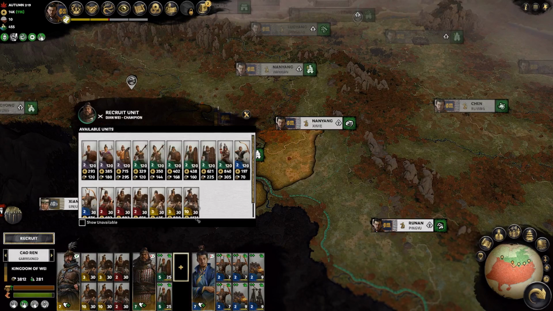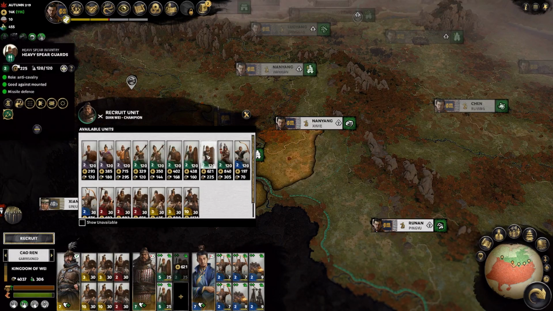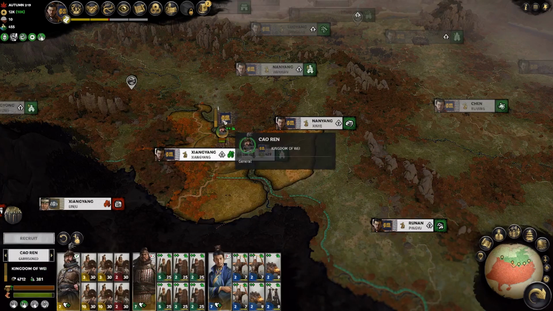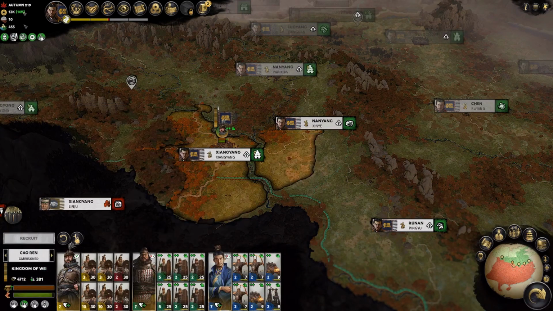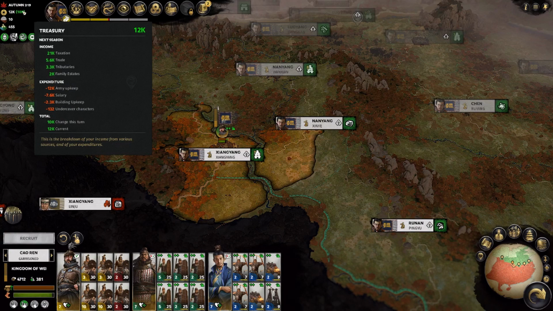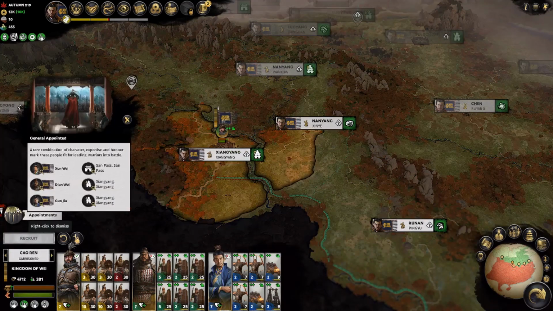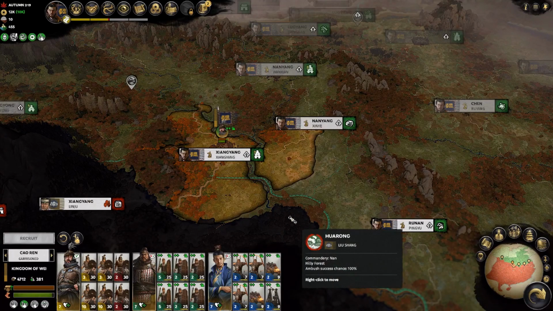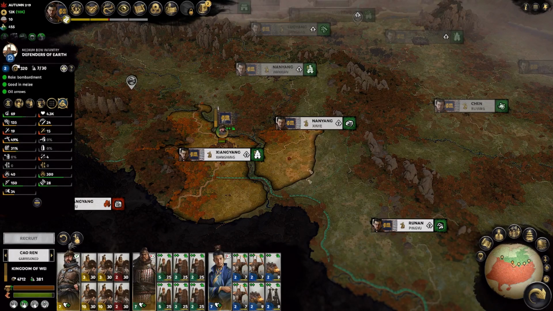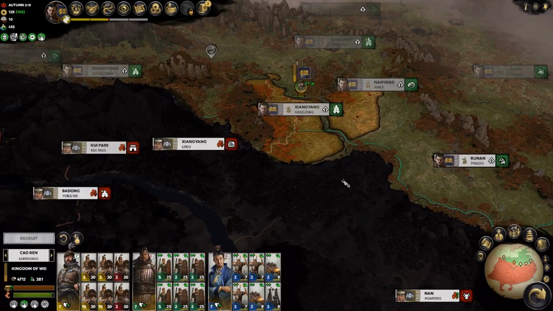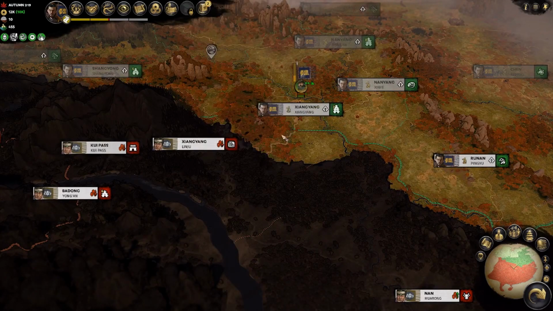For Dian Wei, we are gonna just give him some heavy spear guard. And this should be enough. We are all the way down to 10,000 per turn now. It's not good, but it will have to make do. We'll have to wait just 1 more turn until we can actually start pushing out towards enemy territory and complete